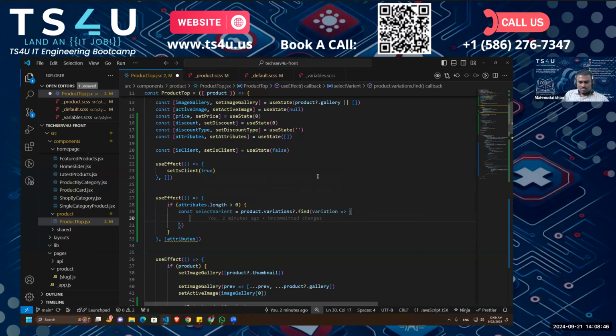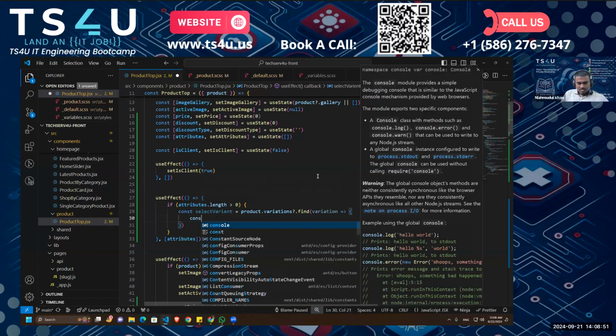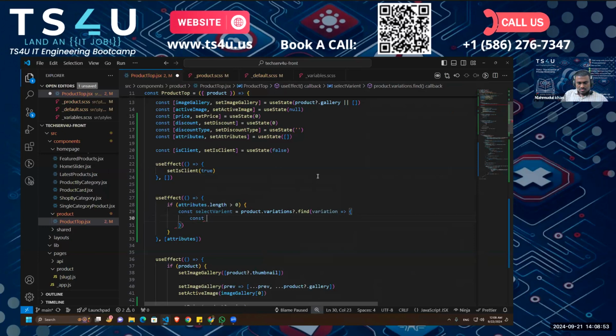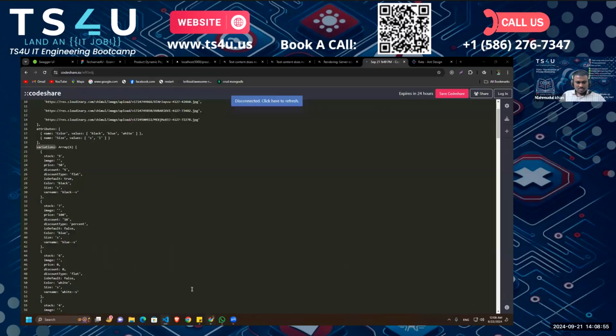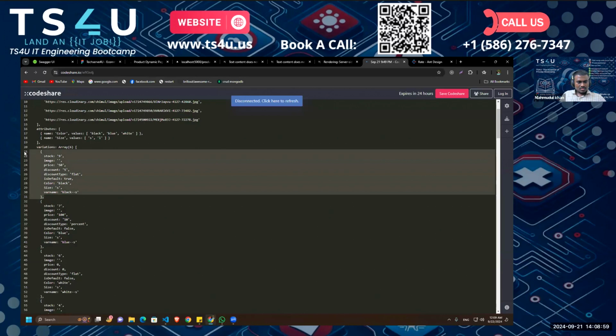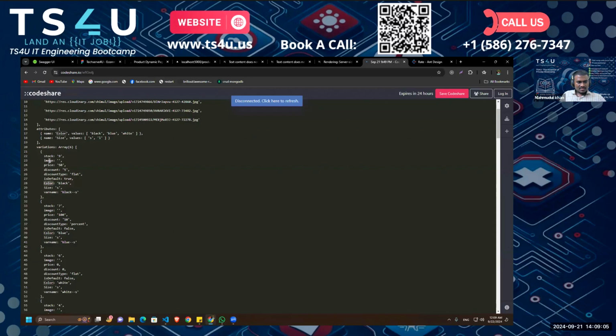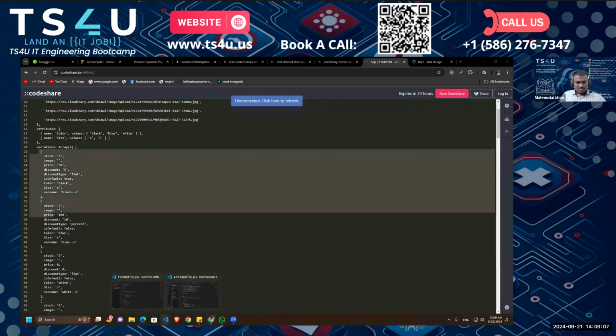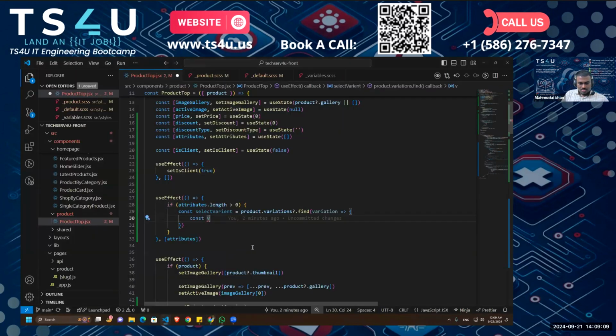So now we have each variation, right? So what we can do is const variations. So how do we have these variations? Okay, we have these variations as size, colors, and we have an object with some properties. So we can say selected